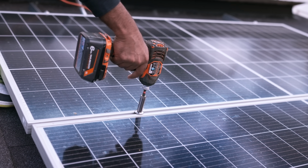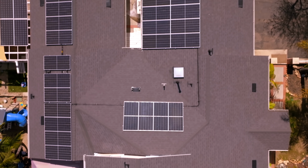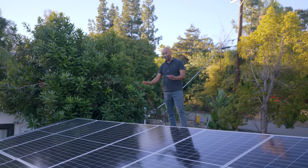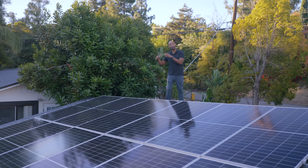I've had solar for a full year and overall it's been pretty great, but I have some big problems. For example, one of these panels right here isn't producing any energy. Now it's interesting how I figured that out and what I'm gonna do to fix it, but we'll show you